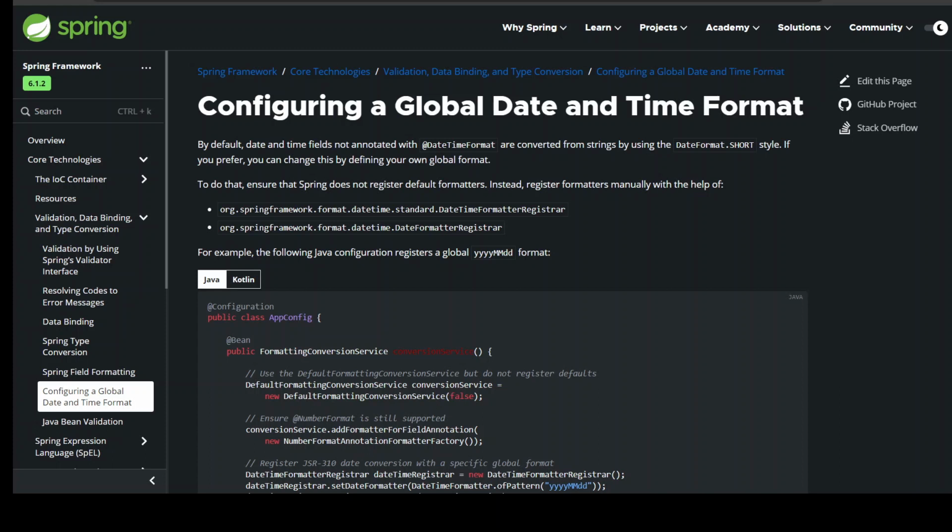org.springframework.format.datetime.standard.DateTimeFormatterRegistrar. 2. org.springframework.format.datetime.DateFormatterRegistrar. For example, the following Java configuration registers a global format. @Configuration public class AppConfig { @Bean public FormattingConversionService conversionService() {